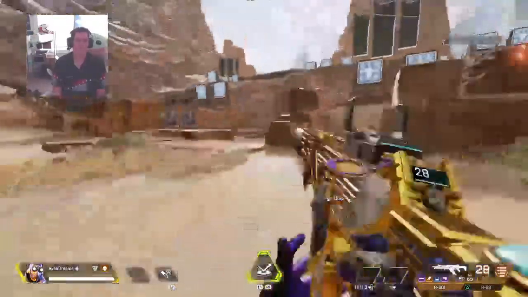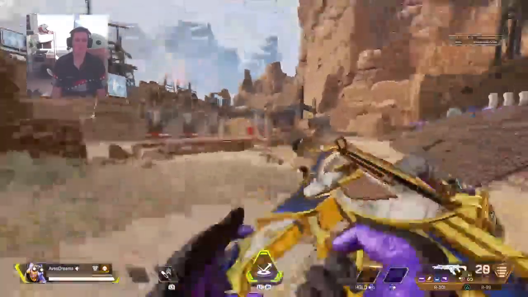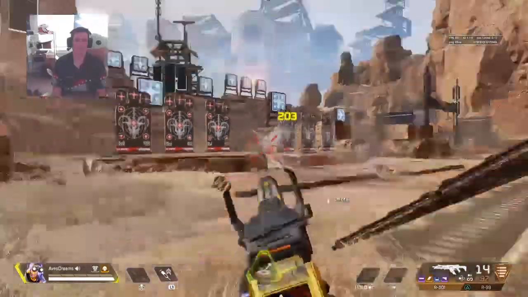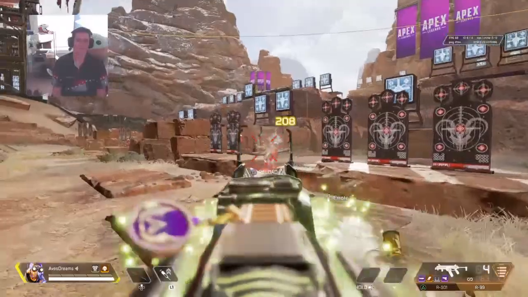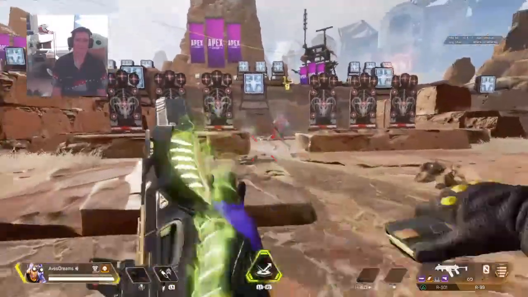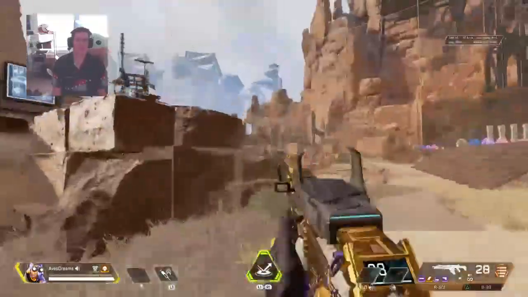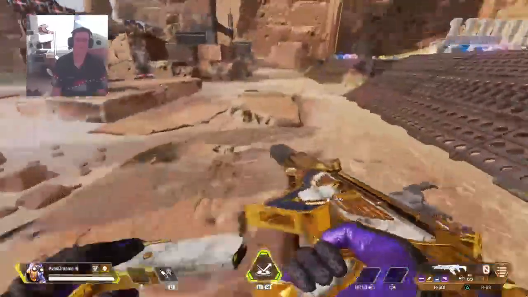And every time you take damage, you have to heal. Like being able to 1v3 a team, you need to be able to do damage without taking any, or taking a lot less. And don't be afraid to hip fire. Hip fire in this game is very strong. And when you hip fire,